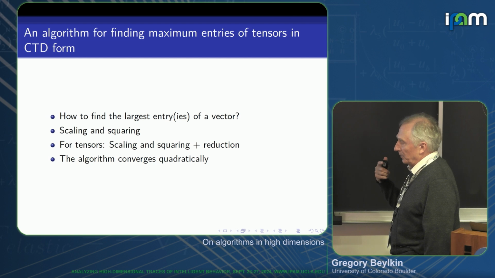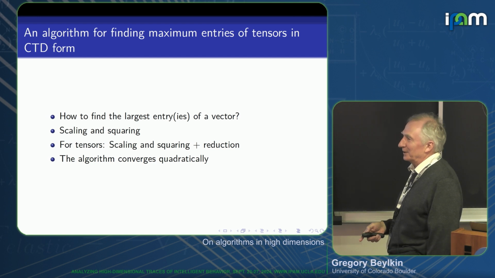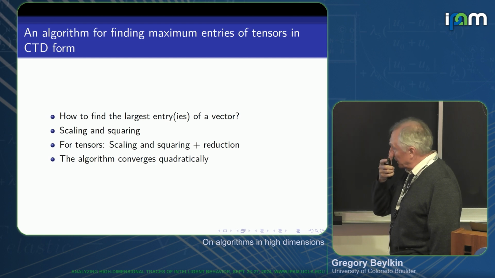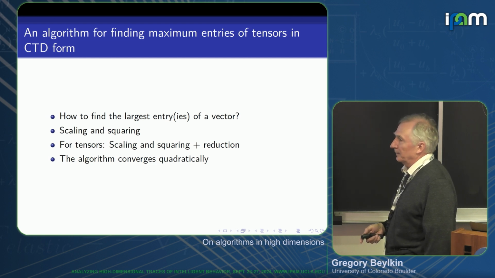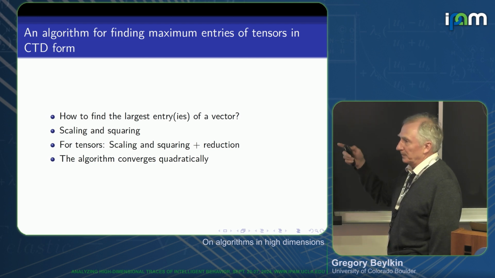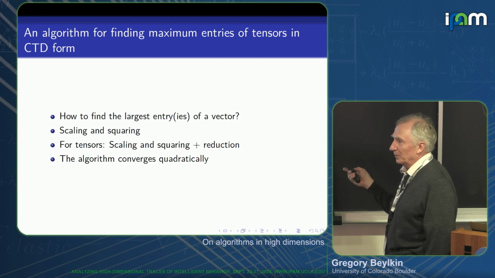Well, I should have said it before. What is the class of functions that admit a reasonable separated representation? So initially we were over-enthusiastic. We thought that there is a very large class. Well, it's not that large. I can easily construct a function for which you will not have a reasonable representation. For example, if you take a functional determinant, it will have n factorial terms, and I can select a function in such a way that you won't be able to reduce it.